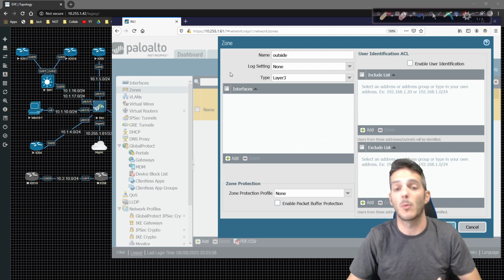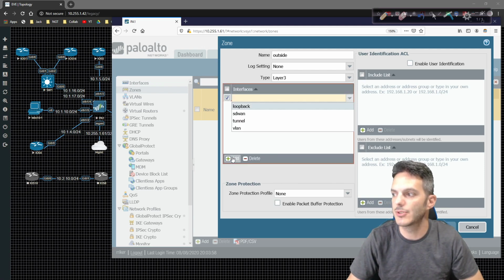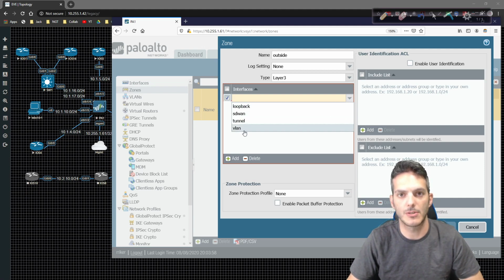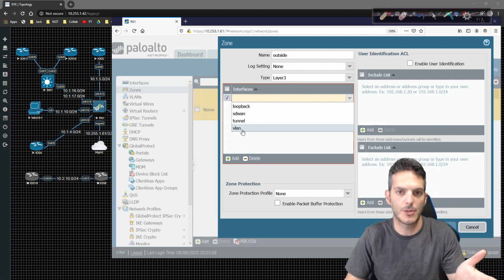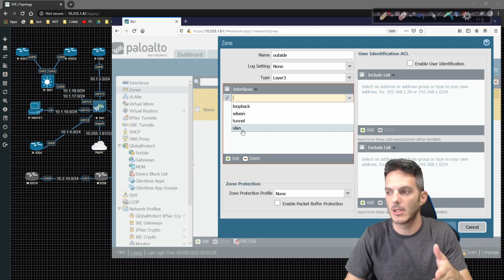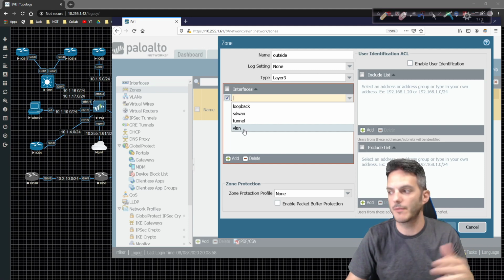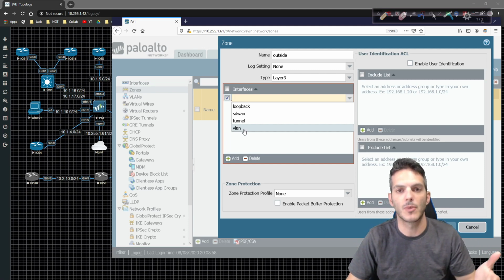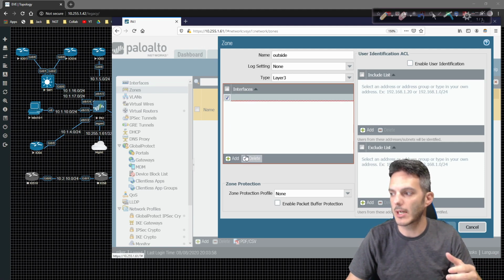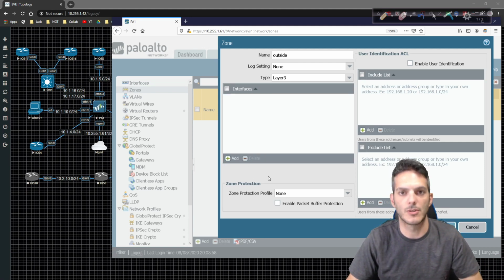Now what we can do, if we wanted to, is add an interface to this zone, but the interface has to be already up and operational. So right now we don't have any operational interfaces. We haven't gotten to that point yet. If you do the interface config first and get it up and running, then you can map it later underneath the zone config, or when you're underneath the interface config, you can go through and add the zone then. So right now we're not going to add any interfaces to the zone, but we're calling outside a